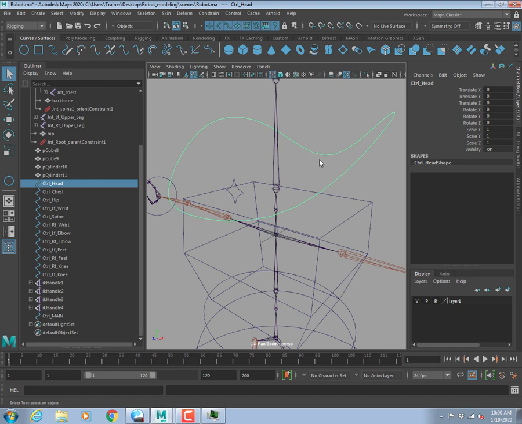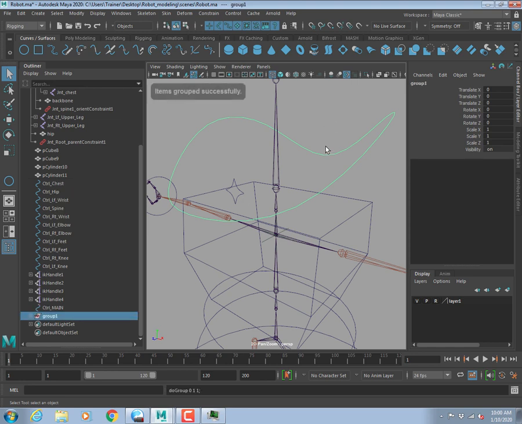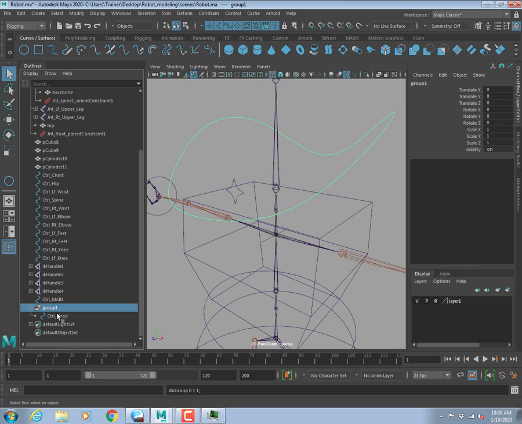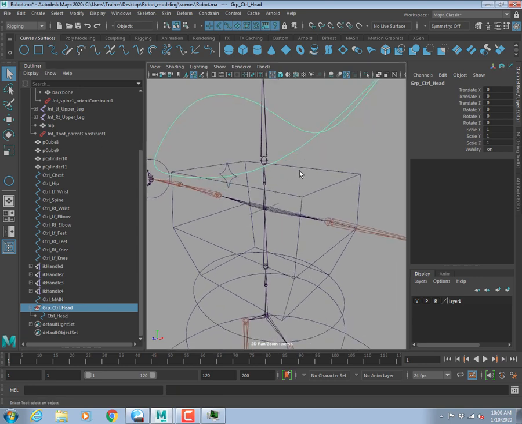Okay, or you can even create another locator. Because if you create another locator, then it will be confusing which locator is what. So I prefer to create a group. Control G. Inside the group you have a head controller. I'm going to rename the group grp_head_control, or control head_group, maybe. Whatever. After that you parent the group to the locator